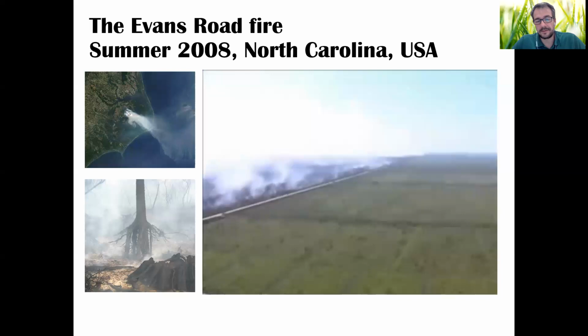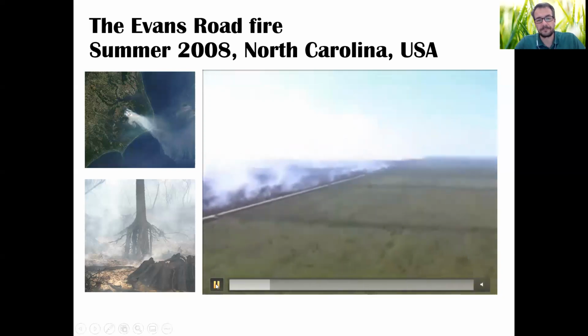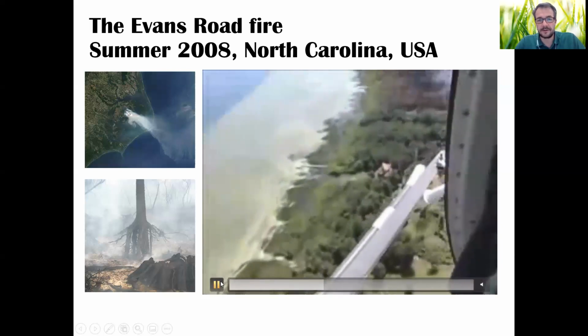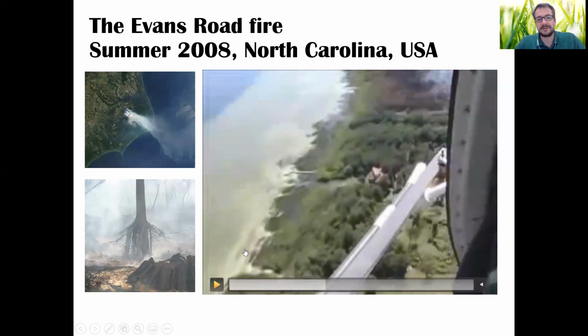Being in North America, they diverted rivers, and thousands of firefighters were extinguishing it. You can see over here the immense horizon of the fire, and you will not see a flame. All these square kilometers were smoldering without one single flame, day and night, for many weeks. In this video, you can see from a helicopter some of the firefighters installing pumps to take the water and reflood some of the land in order to stop the fire.